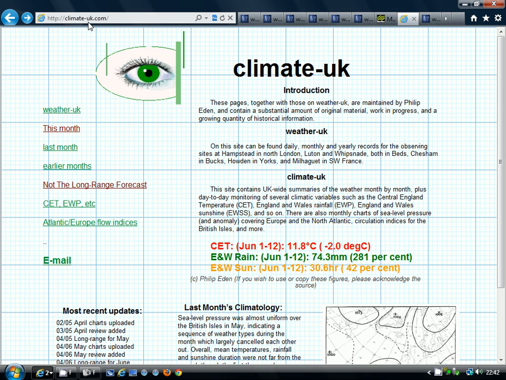climateuk.com. This is Philip Eden's site, and this is for the CET area, the Central England Temperature. This used to have graphs for temperature, rainfall and sunshine, and it used to be updated daily through the course of the month, and you can see every day how the month has progressed. Now, unfortunately, Philip isn't updating this website as much as he used to, but this is a very interesting